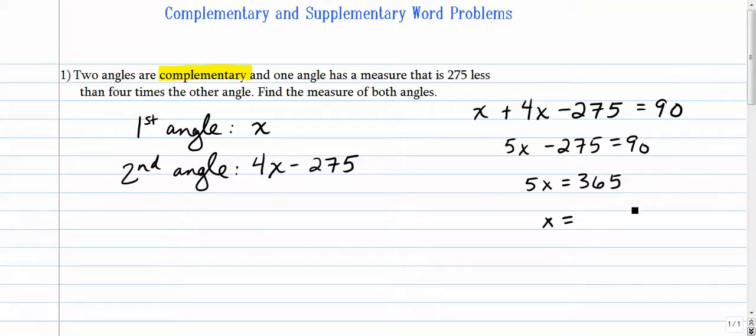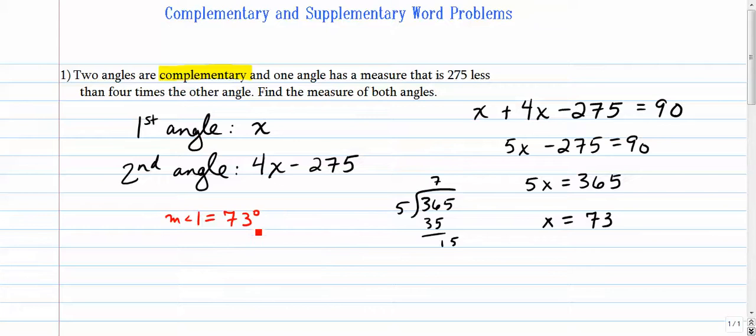So let's take it over here, 365. I've got 7, right? 7 times 5 is 35. 73. Okay, so that's x. So that's the first angle. So we're going to put a nice little answer box here. The measure of angle 1 equals 73 degrees, and the measure of angle 2 is its complement, so it should be